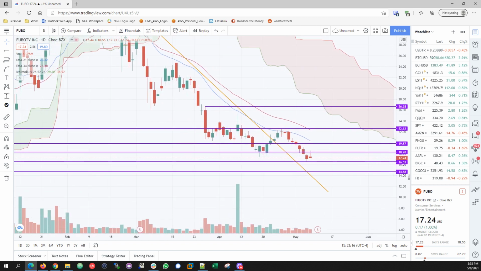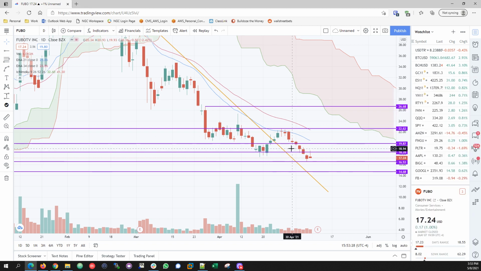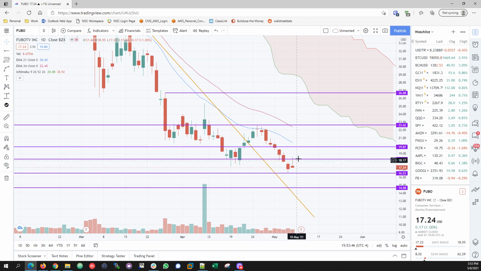You can take a screenshot or memorize them, because it did play out when I did it last week. Last week, what was last Saturday? May 1st. So when I did this, we basically had the chart up to where it was $20 last week, and I gave these purple lines, and it basically played out. So memorize these purple lines. I'll make it bigger. These will be your resistance and support lines.